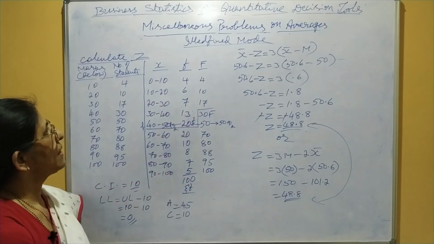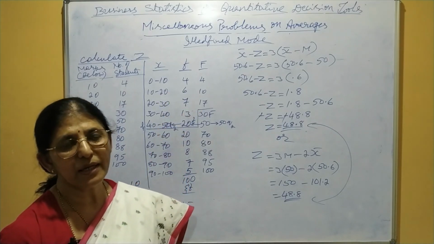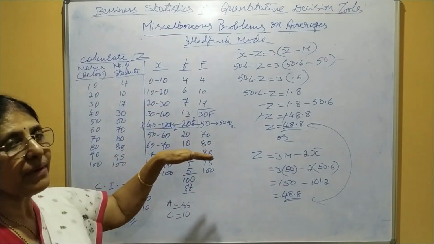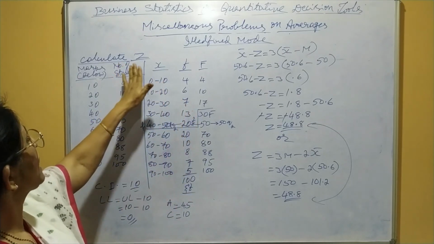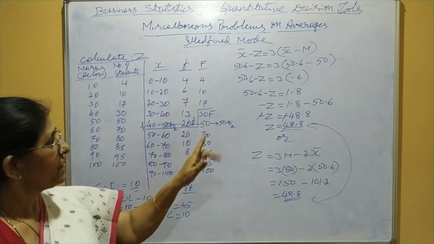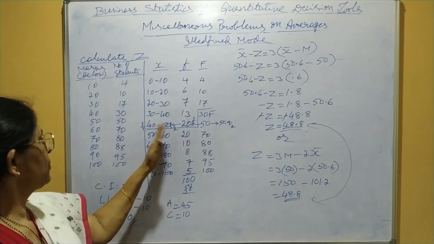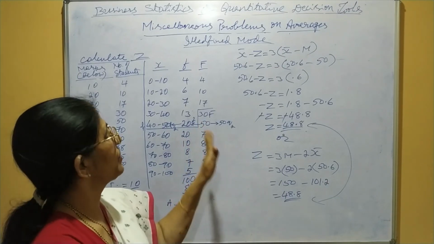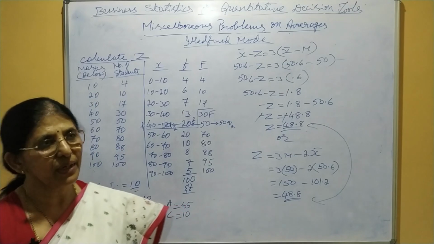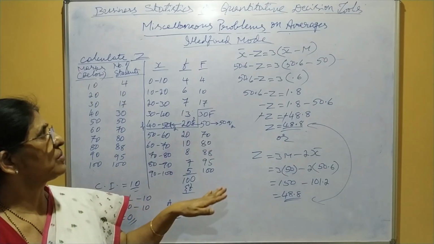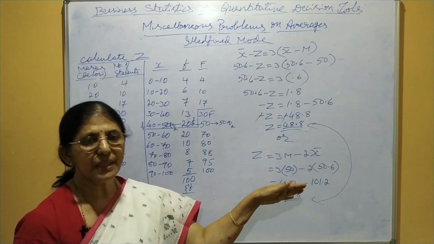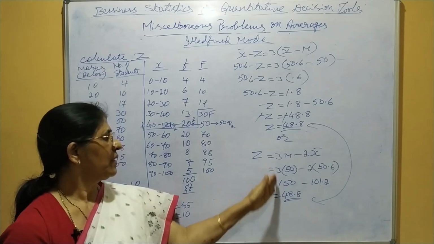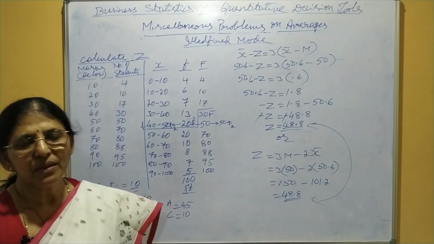Okay, this is regarding the ill-defined mode or empirical mode. It will not be given whether it is ill-defined or not, just it will be given, calculate mode. Then you come to know here, when two classes are having the same highest frequency, then you must come to know that it is empirical mode or ill-defined mode. Even though it is not asked to calculate arithmetic mean and median as supplementary information, you have to calculate those two first, then you have to find out the mode by applying this formula.